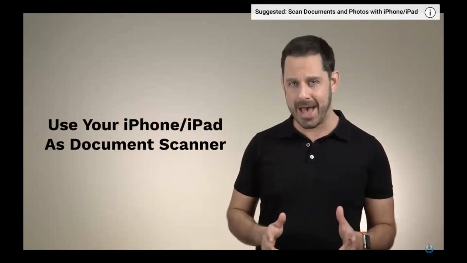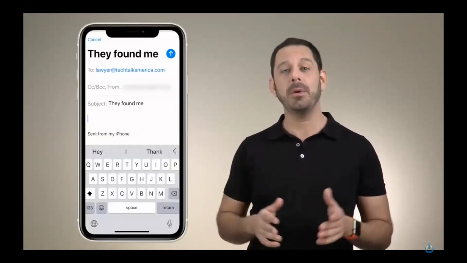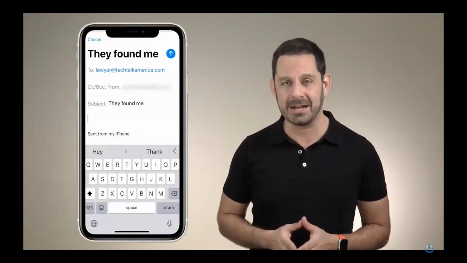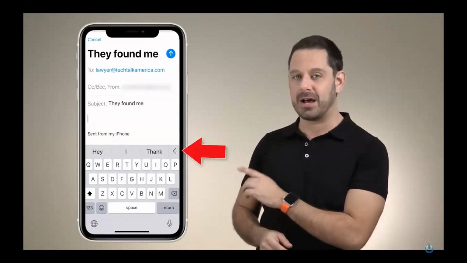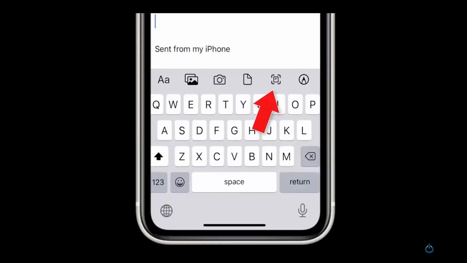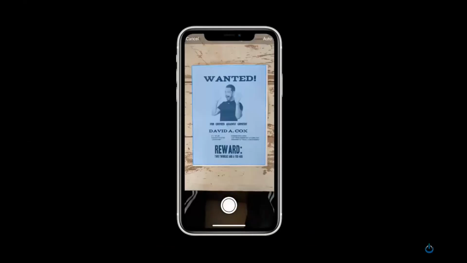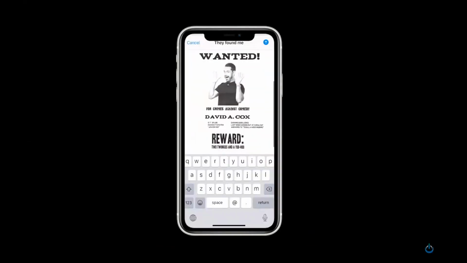I actually did a video on my number 2 trick a couple of months ago, which is that now you can use your iPhone or iPad as a document scanner. So let's say, for example, you receive some sort of a form in the mail that you just need to simply sign and then send back to someone. All you need to do is open up a brand new email message on your iPhone or iPad, and then when you click into the body, you're going to tap on this little arrow icon here on the side. Now you're going to tap on the Scan Document icon right here, which will launch the camera, and then just take a picture of your document. Your phone will automatically turn this into a PDF and insert it into your message.